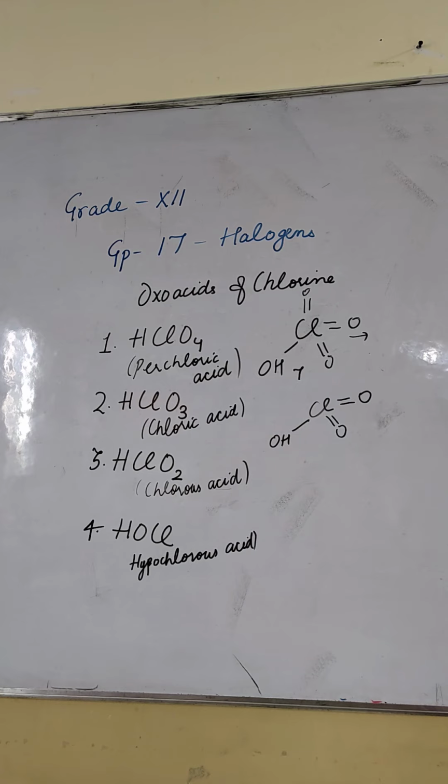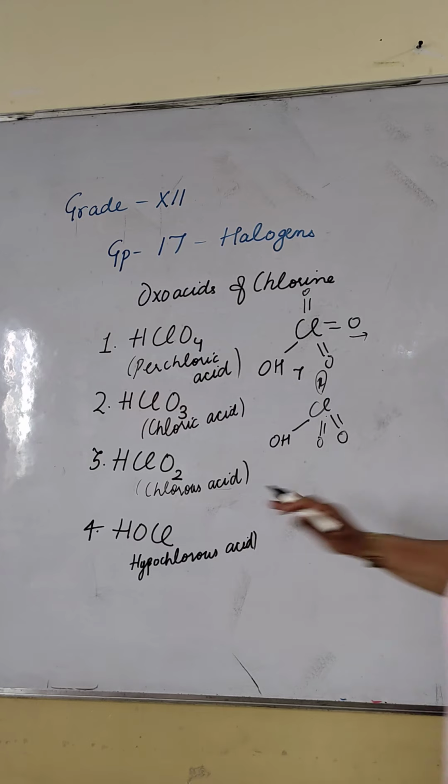Is chlorine's valency complete? No, ma'am, so it will contain 1. In this case, the shape is tetrahedral. In this case, the shape will be trigonal planar, like that of ammonia. Okay, in this case,